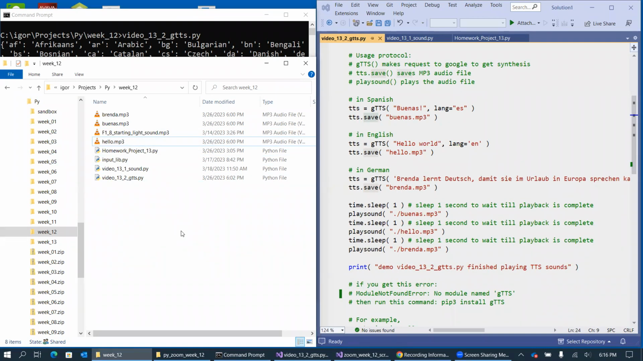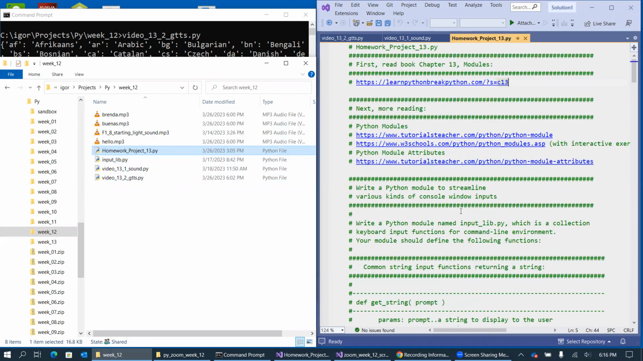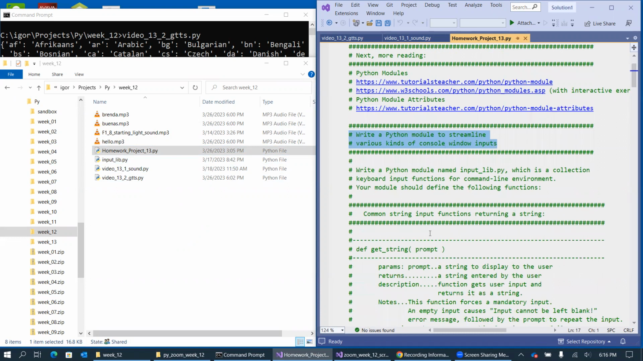Okay, this is fine. Next item on the agenda is Programming Project 13. So let's take a look at its features and requirements. So this is our file that we need to go over, and the task is to write a Python module to streamline various kinds of console window inputs. And so the requirement is to create a module named inputlib.py, which is a collection of